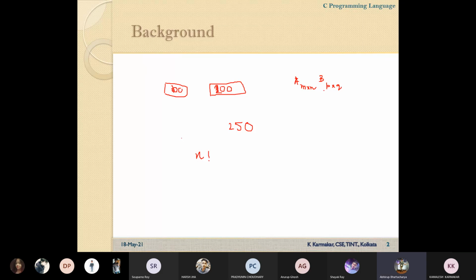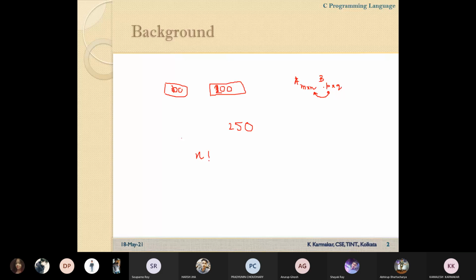No, sir. What is the condition? So here n and p must be equal. This dimension must be equal, otherwise it cannot be done. So when we write a program, we have to take the dimensions of the matrices and check whether these dimensions are the same or not. If n equals p, then it can be multiplied.